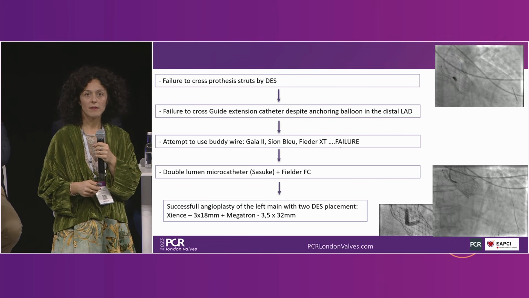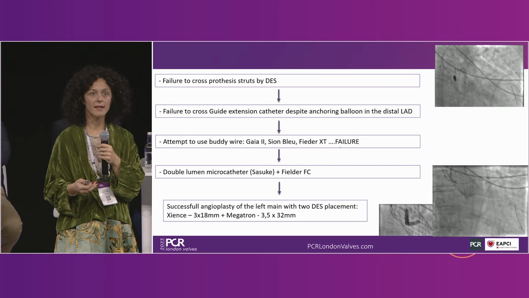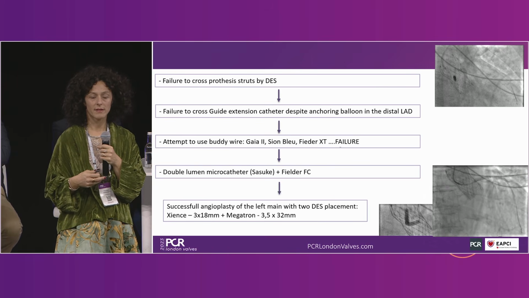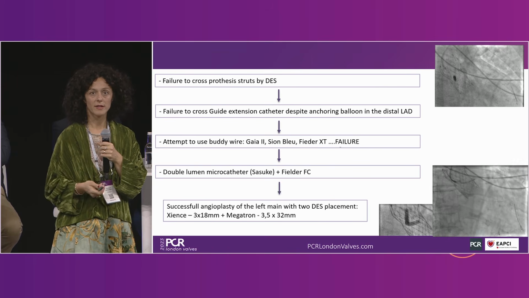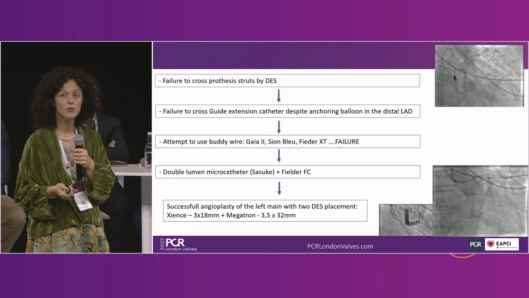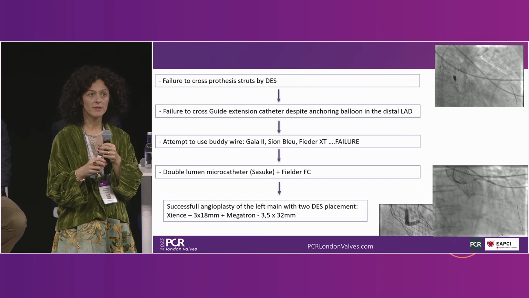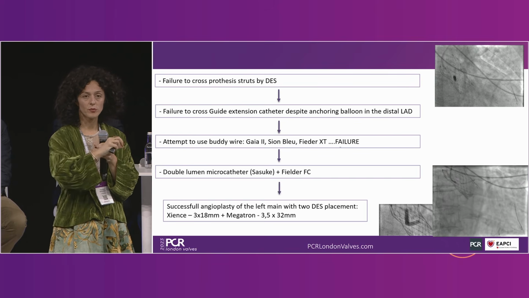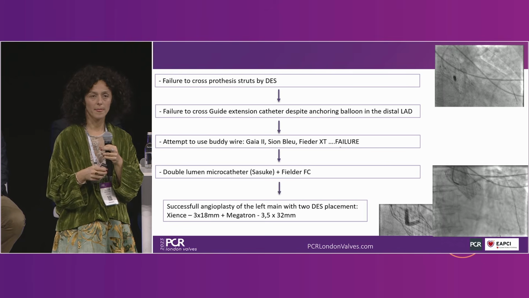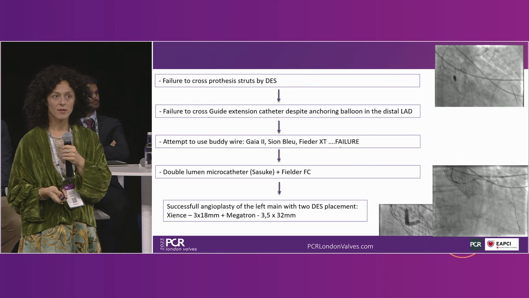Finally, we tried to use several wires to go through the LAD again and to have just support with the buddy wire. We couldn't, and the solution came from a dual lumen microcatheter that went on the first wire and then allowed us to put another wire as a buddy wire, and finally allowed us to stent